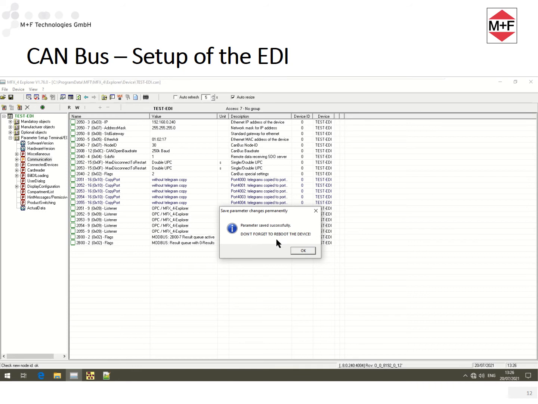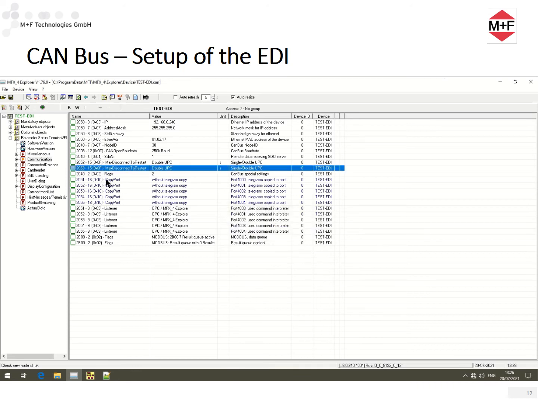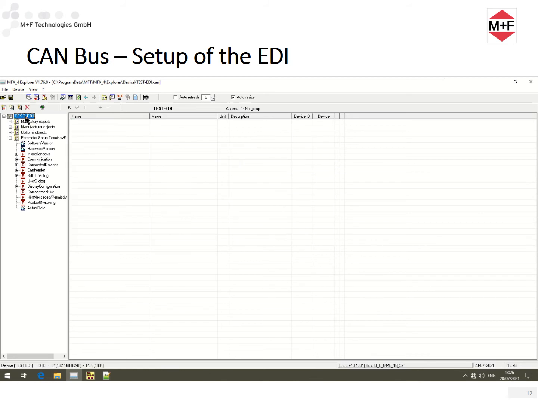Finally, I restart the EDI with the help of the pop-up menu to activate my changes.